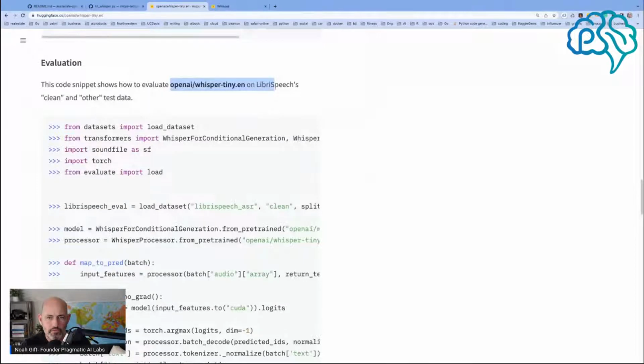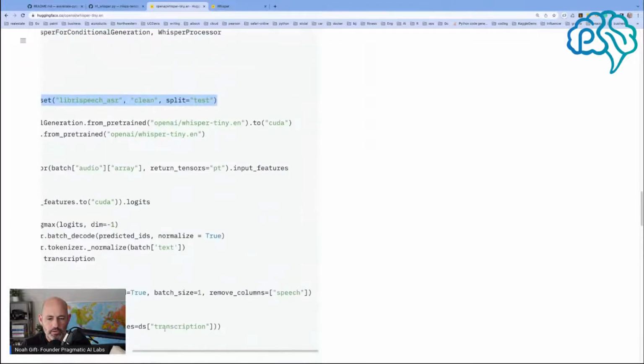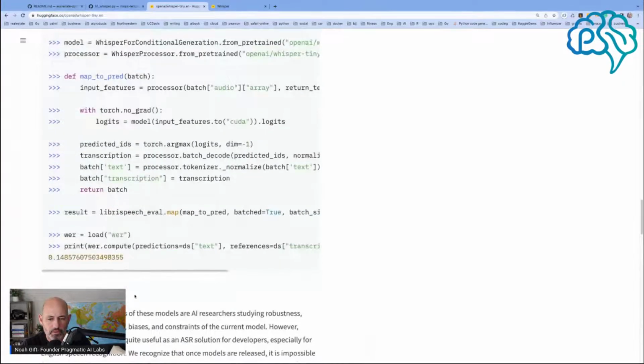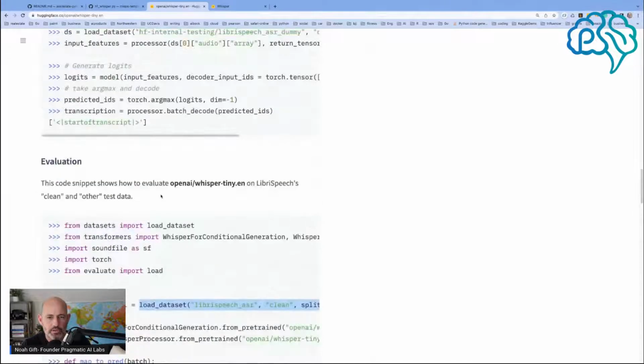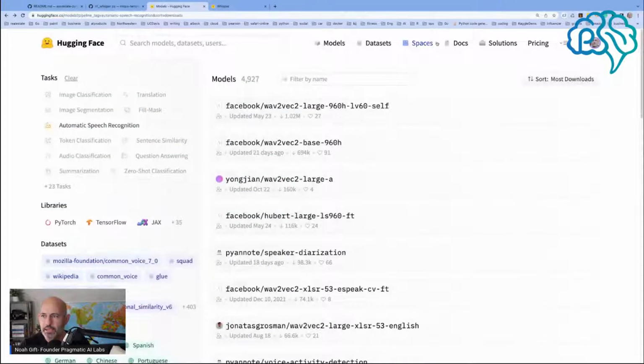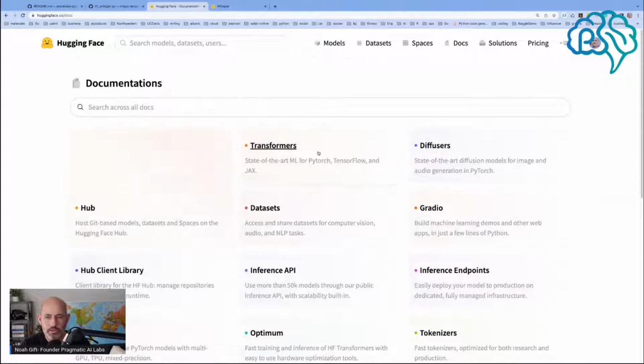This shows how to evaluate it on a clean set. So load data set from pre-trained model, map to predictions. I might have to look at the pipeline example here and look at the actual tutorial again. So if I go to the docs and I look at pipeline,